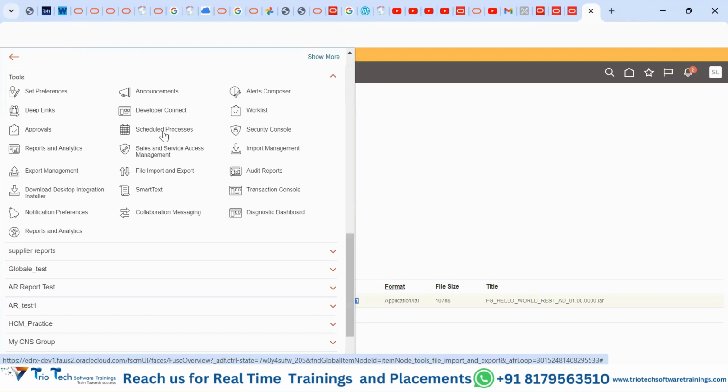In addition to that, there is one more utility that we have briefly discussed during the course of our demo session, that is schedule processes. As Oracle has created multiple business processes, suppose you want to send a file or trigger an email. Maybe Oracle has given some process. If you want to terminate a person, Oracle might have given you a process: run that process, pass the person number, and Oracle will take care of everything. It will terminate the record, it will send the notification